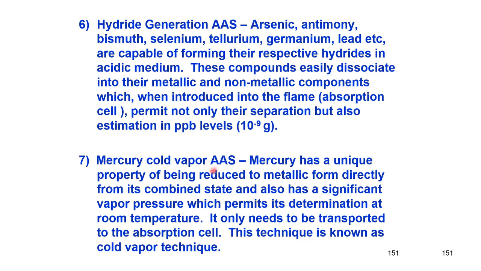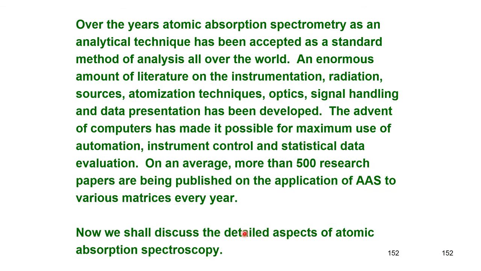The next technique which is similar is mercury. It has a unique property of being reduced to metallic form directly from its combined state, and also has a significant vapor pressure even at room temperature. So, you do not need a flame, you do not need a higher electrothermal furnace also. It only needs to be transported into the absorption cell, a space where mercury can be determined. This is known as the cold vapor technique. We will continue our discussion